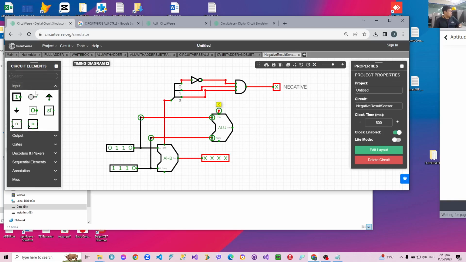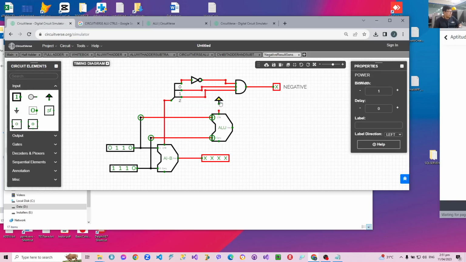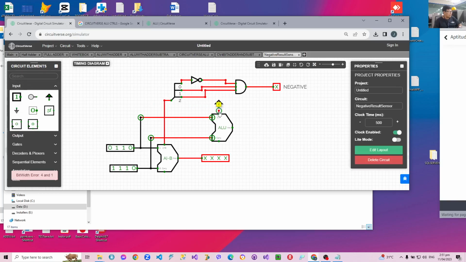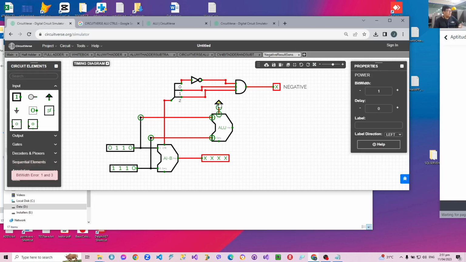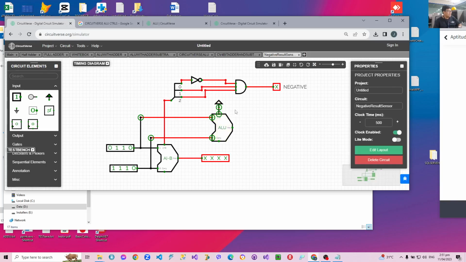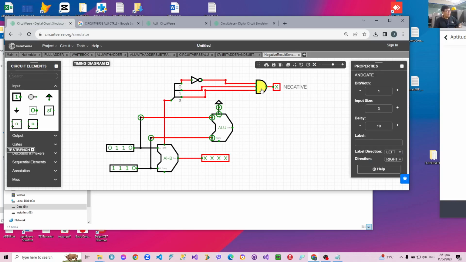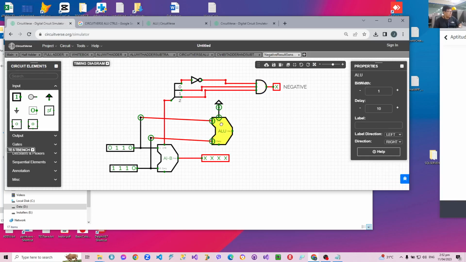And actually in the input we have a constant of 1. This will be 1. But that's not enough because this will have to be 3 bits. So this is like connecting to the control of 1, 1, 1. So if the result is negative, the output, which is in the least significant bit, will be in the answer of the second ALU. So we need access to that